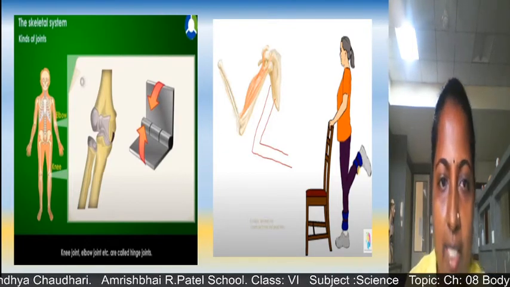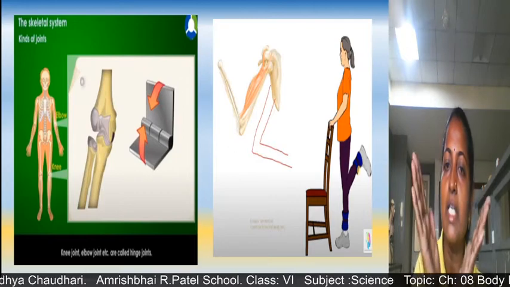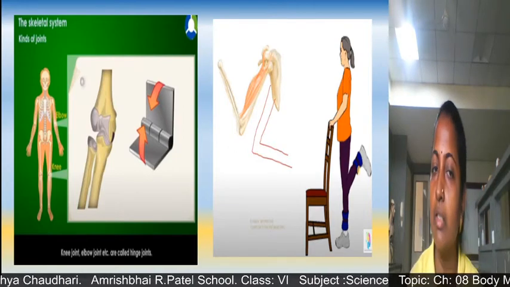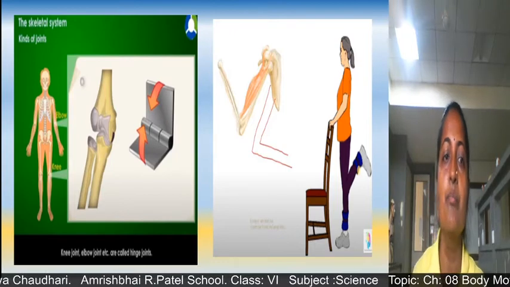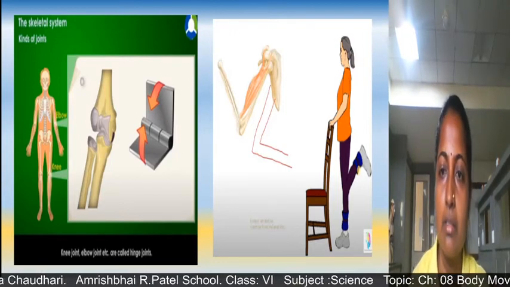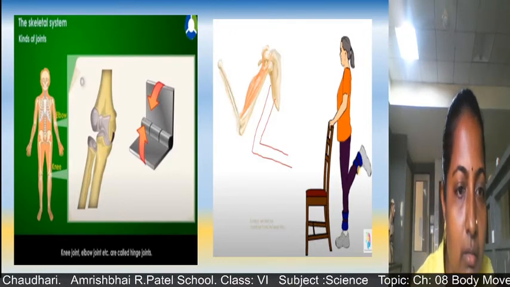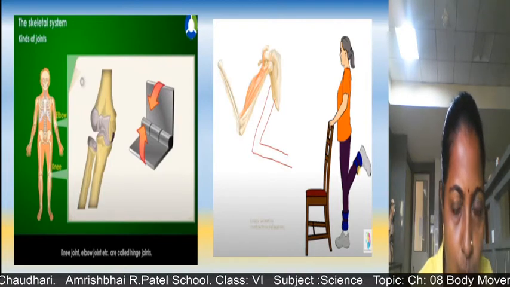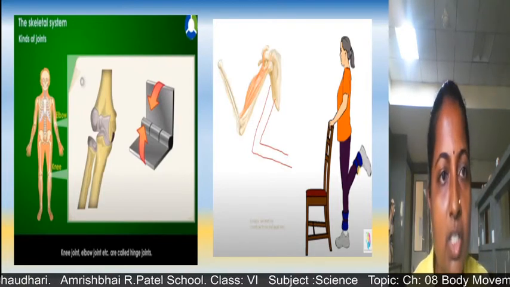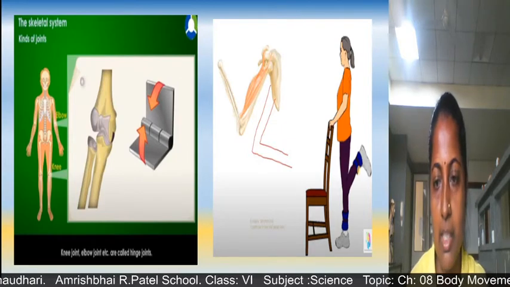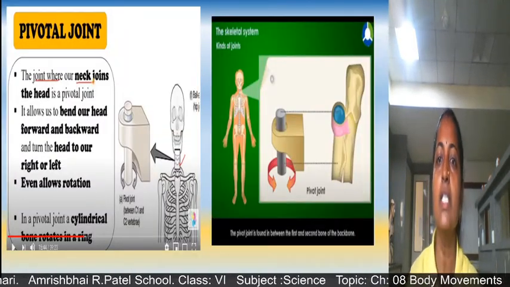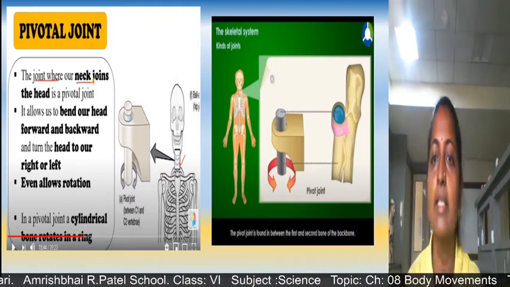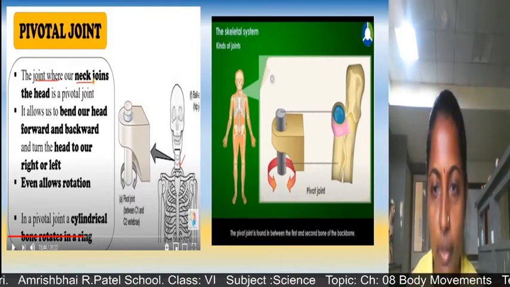As you can see in the picture, just like hinges do the work, those types of joints are present in our body, in the knee as well as here, you can see the elbow. So over there hinge joints are present. It allows movement only in one direction. So children, up till now we have seen the ball and socket joint, then after that we have seen the hinge joint.